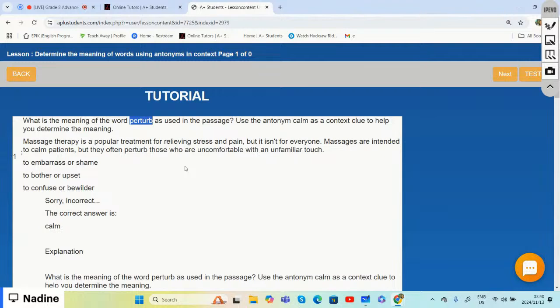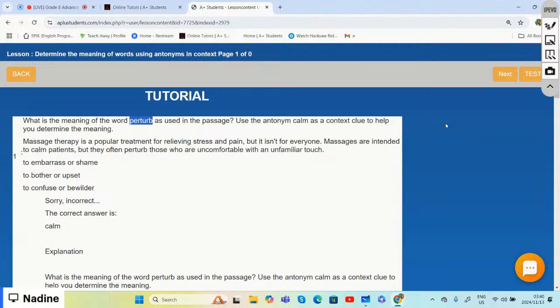And if we were to find the opposite meaning of perturb, then it would be to calm. The opposite of perturb is to calm,